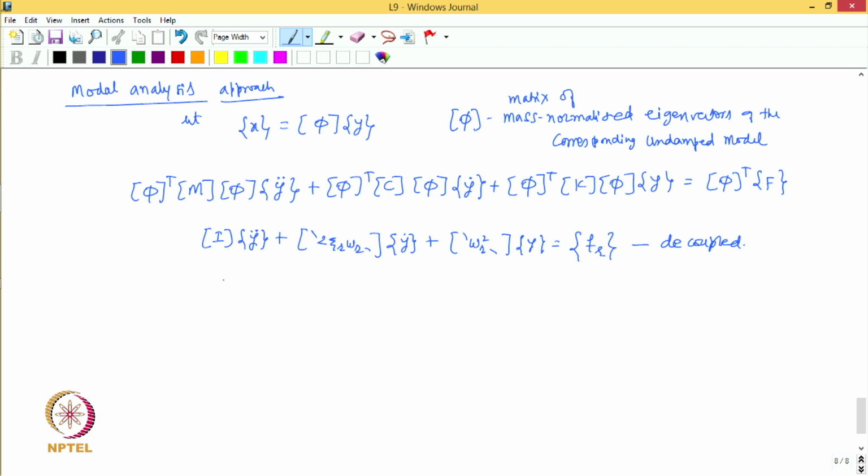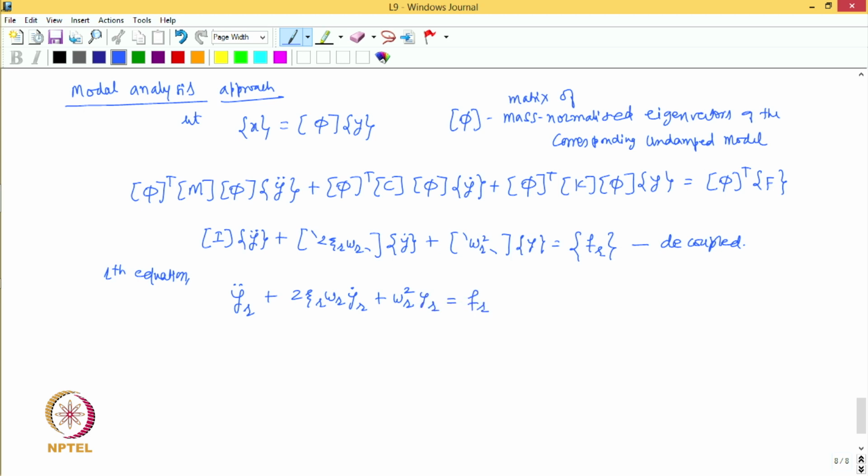Therefore, if we look at the Rth equation, it can be written as y r double dot